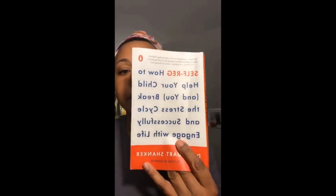But anyway, recap of self-reg part 1, right? So here's the book. Dr. Stuart Shanker. Self-regulation is pretty much the process of understanding our stress triggers. These are my words, okay? Understanding our stress triggers so that we can better manage our emotions. It's just a greater self-awareness of what's going on with ourselves, and then having a plan in hand on how to